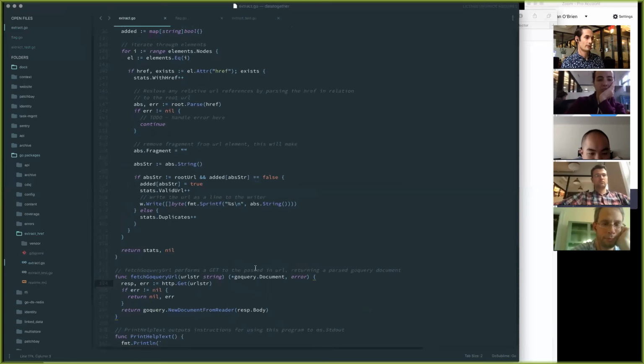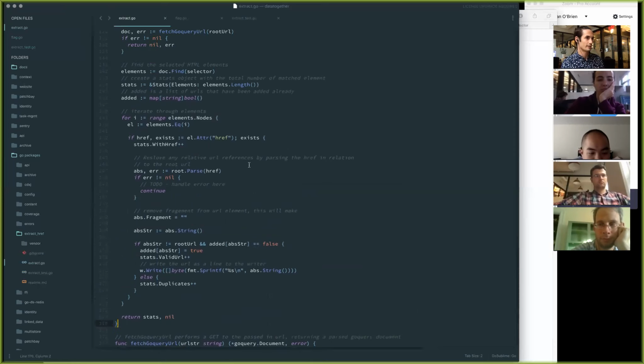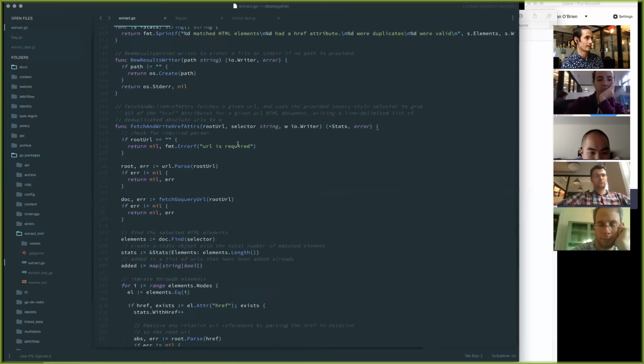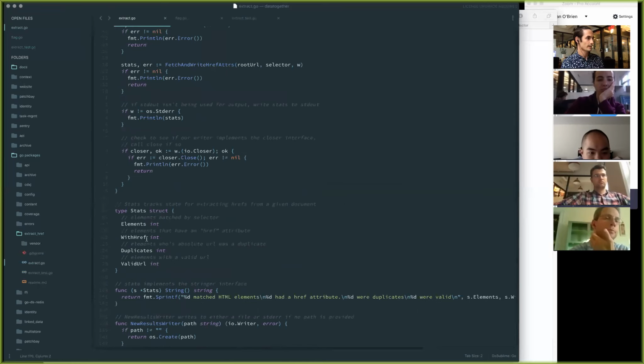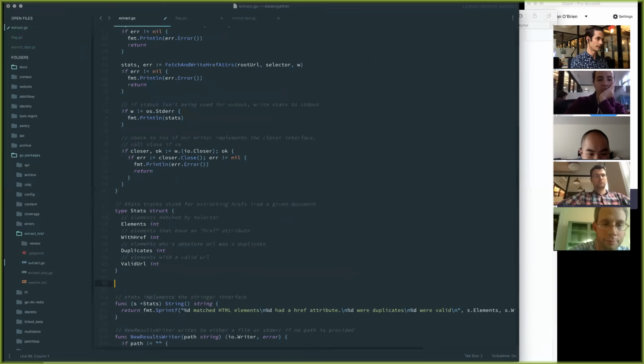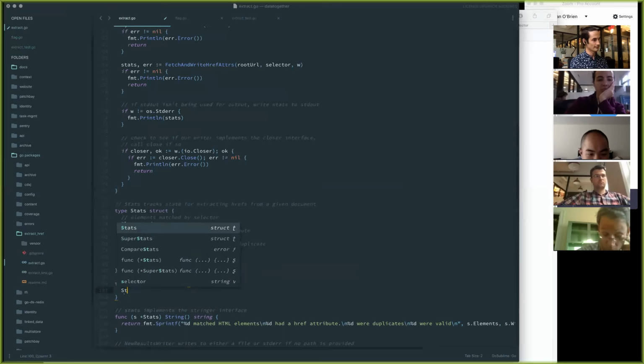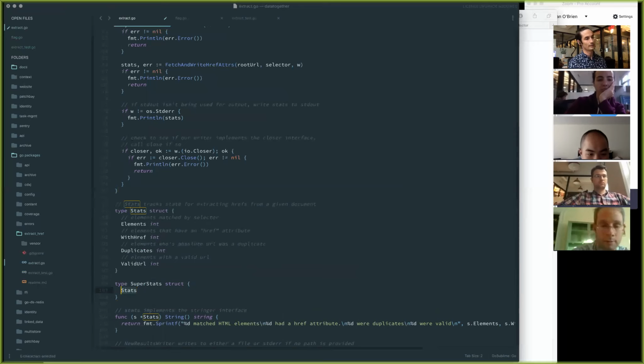In Go, we don't have classes per se. We have something called embedded structures. So I can declare a type superstats. Wow, my thing is so slow because I'm recording. But anyways, I can do stats, just blank. And what this says is embed a stats object into superstats, and then I can do